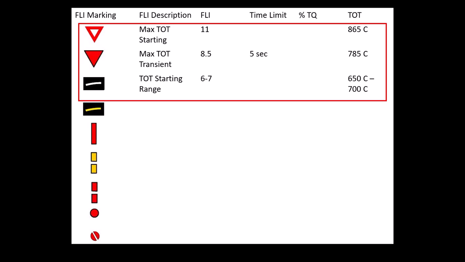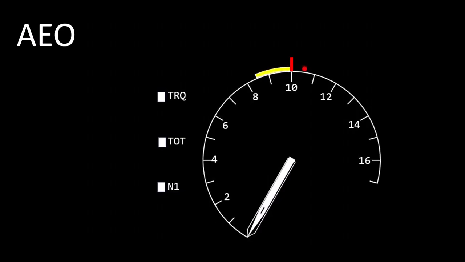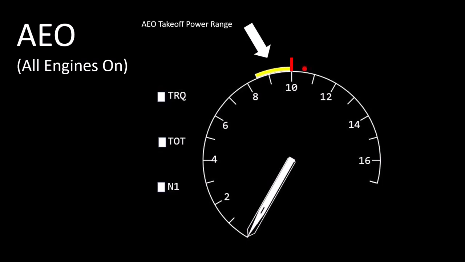We learned these three values with 4 different numbers associated with them, and we have a time limit associated with that transient phase. Next we have AEO. AEO stands for all engines on, and this is what you're going to be dealing with most of the time. So right here we have your takeoff power range. You're allowed to use this much power during the takeoff phase. It's 71 to 88% torque, or 8.5 FLI to 10 FLI, and you have a time limit of 5 minutes in that range. You can use this power, but only for 5 minutes at a time